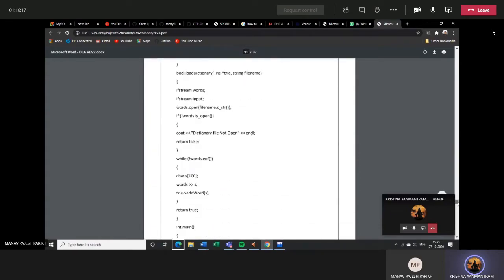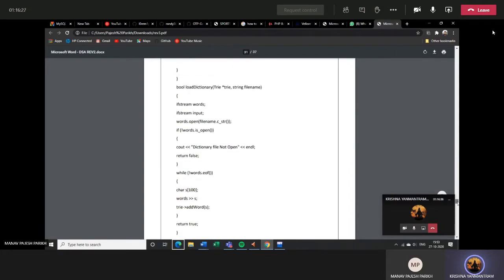This is to load the dictionary. What happens when we load a dictionary is, as we said, we can work on it, and we already have words. But over here we are not. We can open a dictionary. In this word dictionary, we can use it to further work on this project, which we had ideas upon. We can use ML concepts, and with ML concepts, we can make these words learn on their own. So we don't need to enter words one by one on our own. So it becomes way easier for the user to use, which is actually implemented in the industry right now. You can go down.